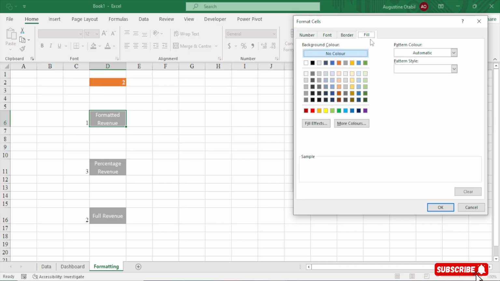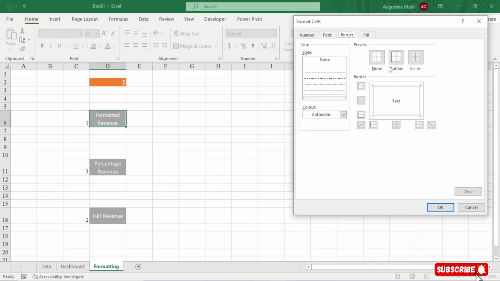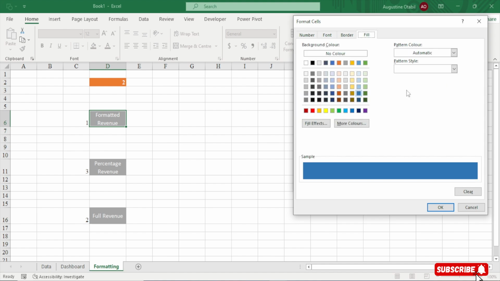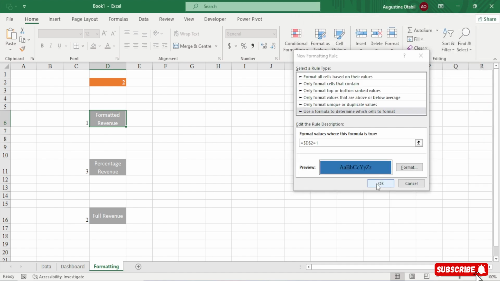Okay, the font is okay, but the fill color is going to be our blue color. So this is our blue color, right? Perfect. Now border, I'm going to say none. The font color should be this regular color, right? Perfect. Okay, I'll say okay, and then I'll see.